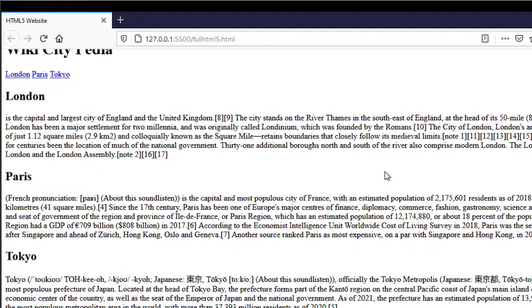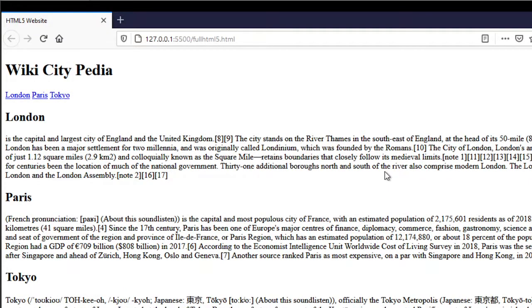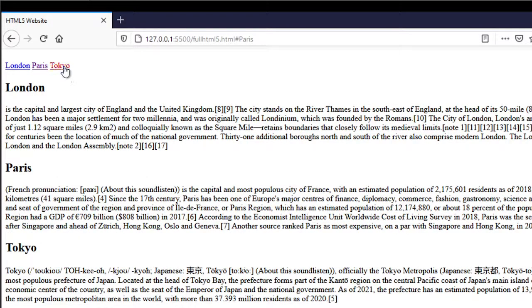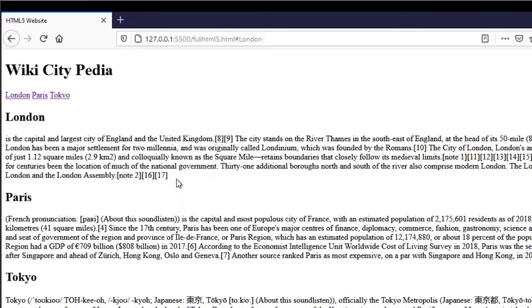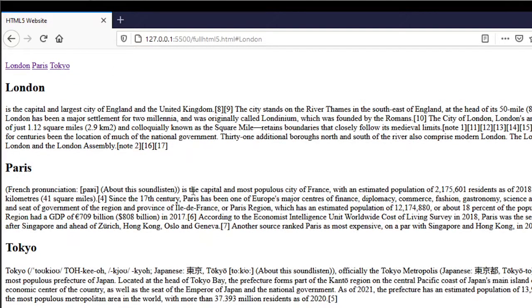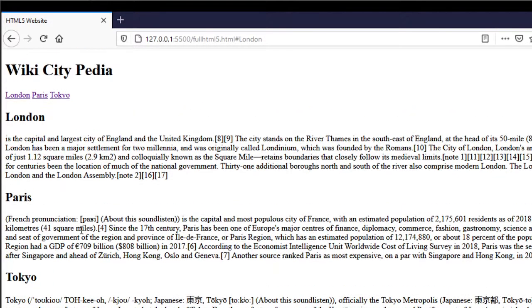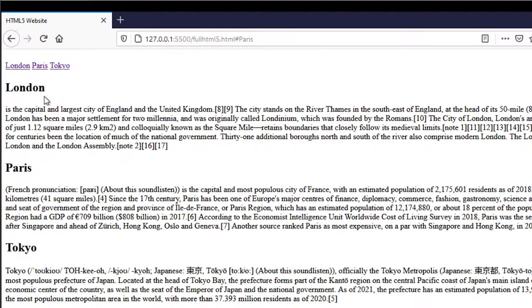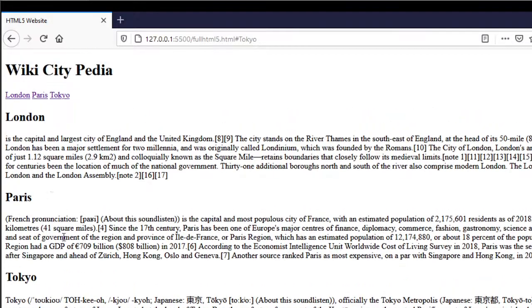There you go. So now that we have our section here, this is our full website now. If you want to insert more sections here, it's okay, no problem. But the point is, once you click this one, it will move to Paris. Once you click this one, it will move to Tokyo. It so happened that our text is a little small here, but we'll work on that in the styling. So to do that,